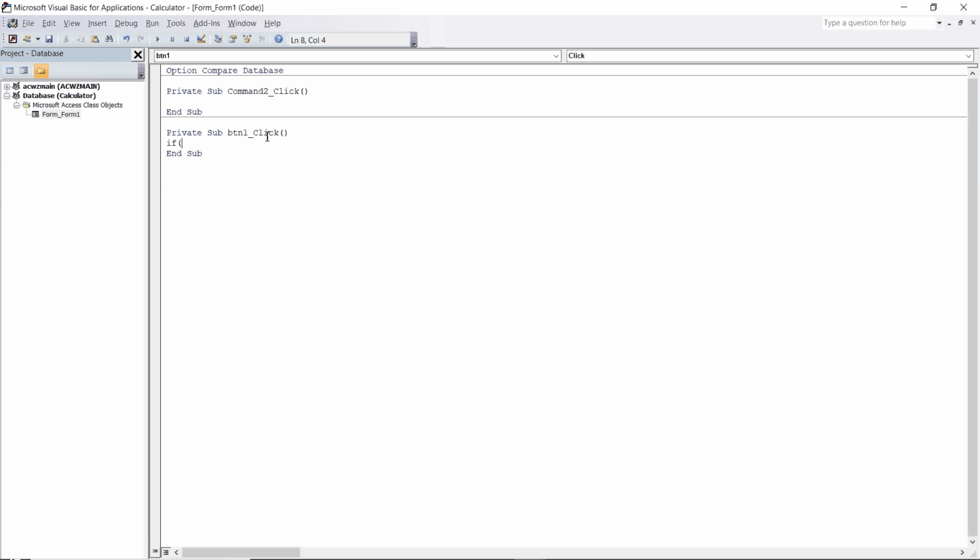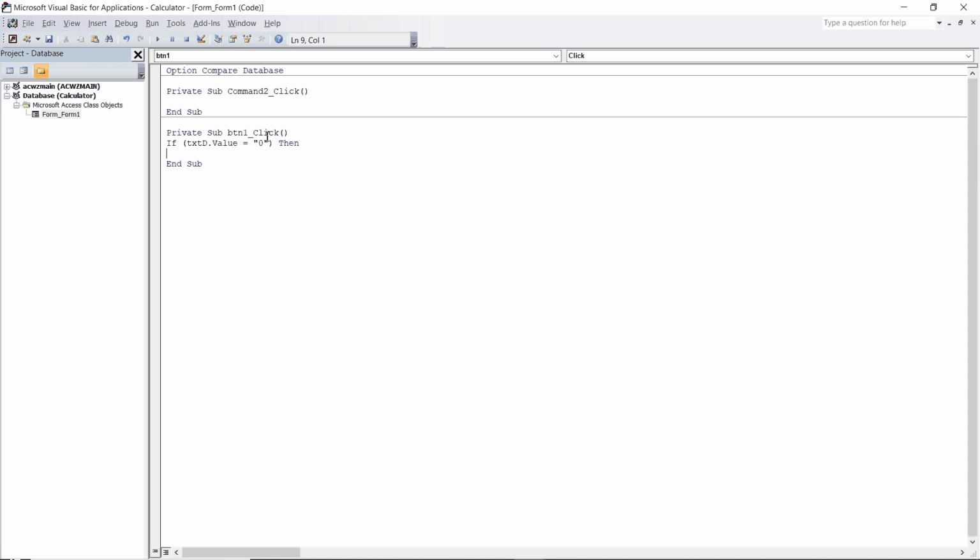If it has something in it, we concatenate whatever is in the text box with the 1. If not, we put in the 1 on the empty space. Okay, if txtD.value equal 0, then